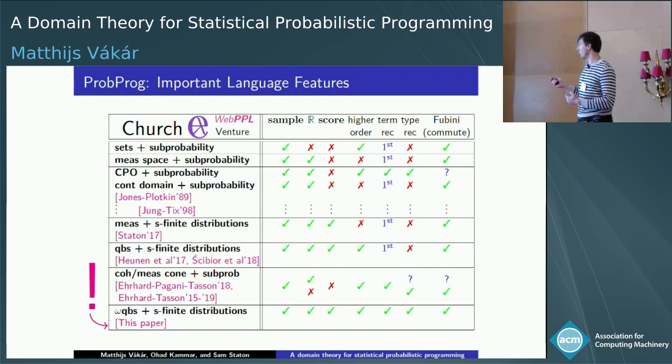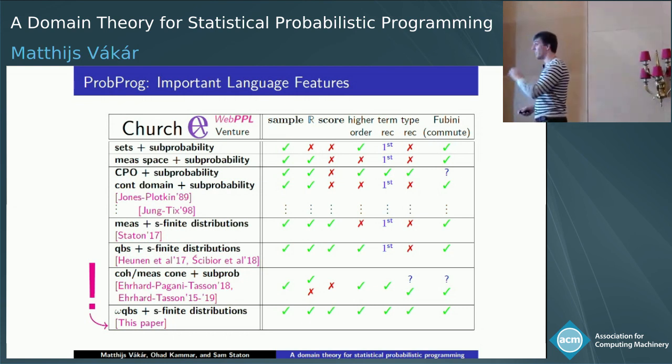And people have been assuming that commutativity holds. It's been used in proofs for correctness of certain inference schemes, but really there was no proof at the level of generality of these languages that the property holds at all. And that's part of the point of this paper: we proved that that theorem actually is valid. So that's a bit of a relief.